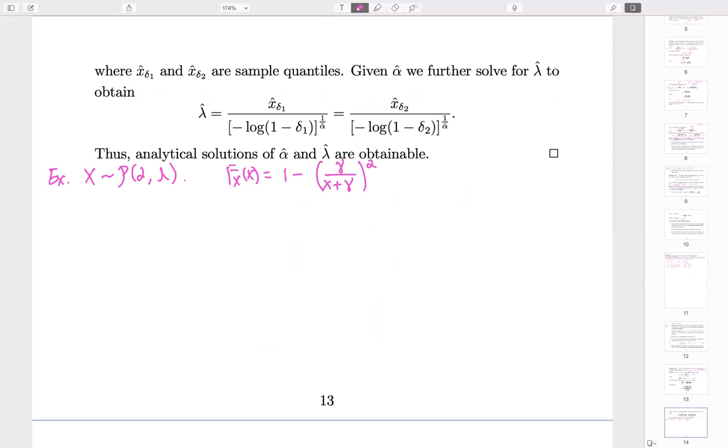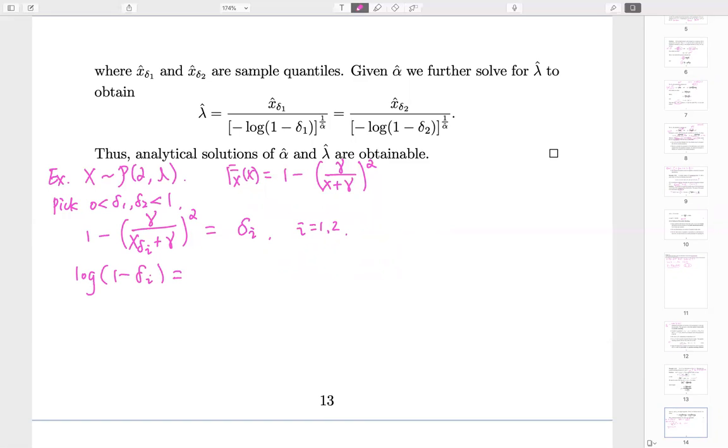We pick any 2 different levels, delta 1 and delta 2, and we establish this equation for i equals 1 to 2. Then, we need to use theoretical work to estimate this quantile, but nevertheless we need to solve this first. We can move it to this side,